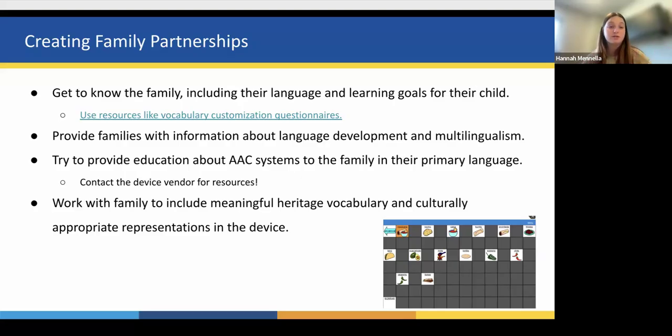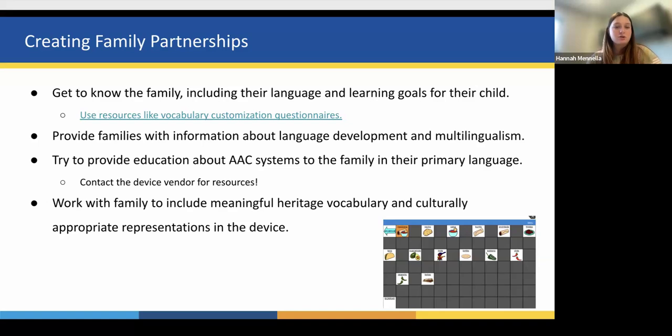And that support maybe includes someone who could set up, maybe it might be virtual, but a meeting with that family and with you in their home language to help them learn the basics of using the device. And that can be helpful also to have like that second perspective, that second voice kind of chiming in.